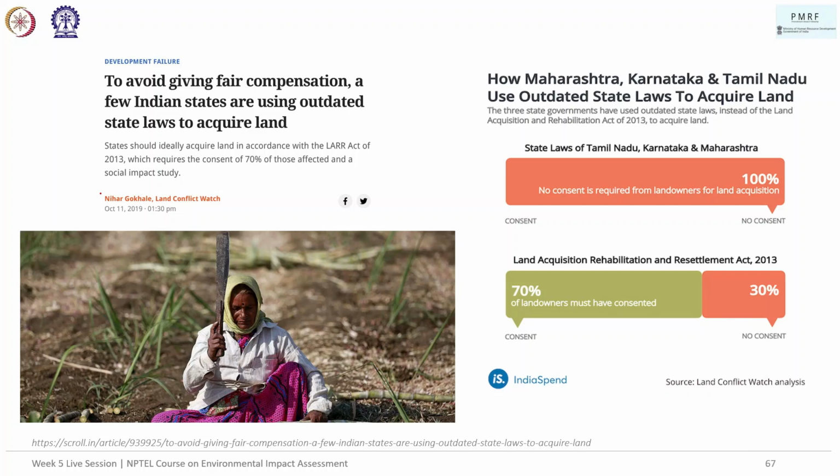So when an item is in the concurrent list, the central government makes a law, yes, but the state governments can make modifications to this law provided they get presidential assent. They send it to the center, and if the center is okay with the modification, they are good to go. They don't have to worry about it. This happens through the governor. So a lot of states do modify. They've diluted the laws. The figures here are just for three states that are being spoken about, particularly because they've been using older laws. However, the other states have also diluted the new LARR,